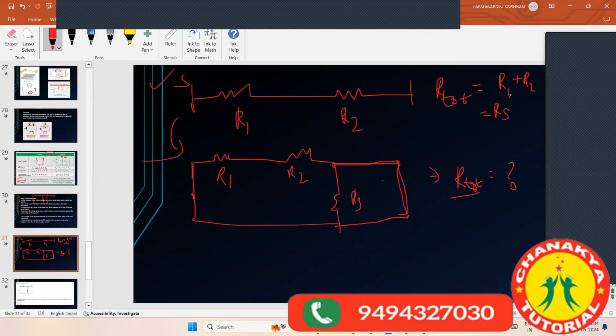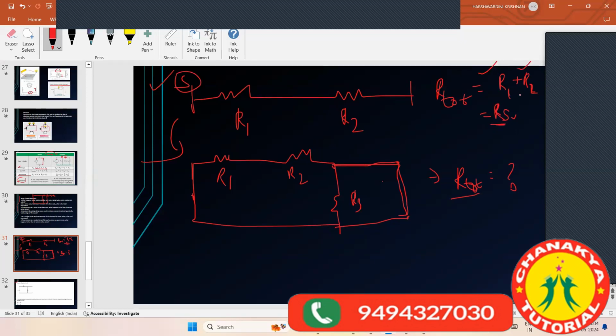So R total is equal to R1 plus R2. So you will surely get one value. If I give some number here, you will get some ohms. But I don't have any value, so basically the resultant of these two, I am taking as RS. Why am I calling it RS? Because it is the resistance of the series connection's result. For getting that clear in your mind, there should be no confusion: this RS is the output of R1 plus R2.